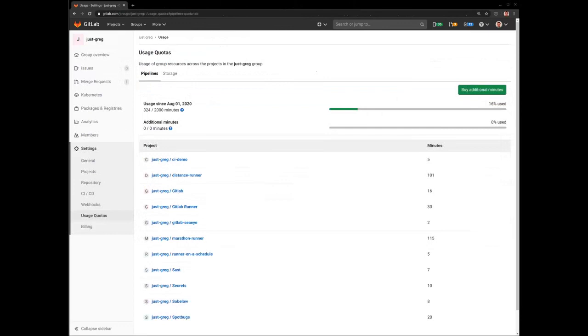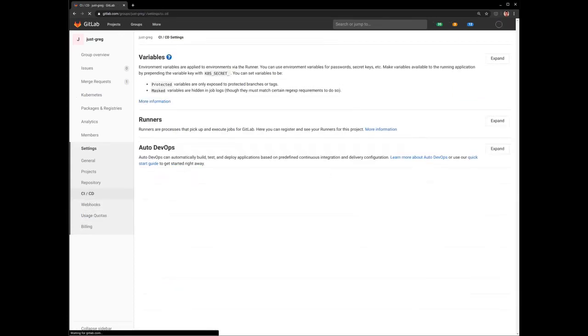Now, I mentioned that there is the option to bring your own GitLab Runner, which is essentially GitLab Runner software operating on a server or infrastructure that you control. Hook that up to your GitLab.com group or project and use that for virtually unlimited CI minutes. So I will demonstrate how to do that. In the documentation for this,